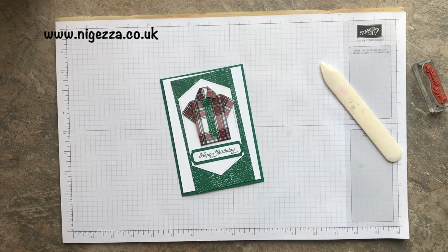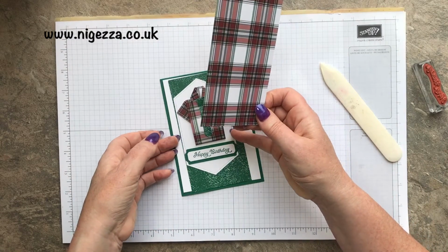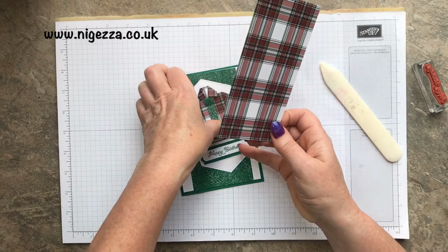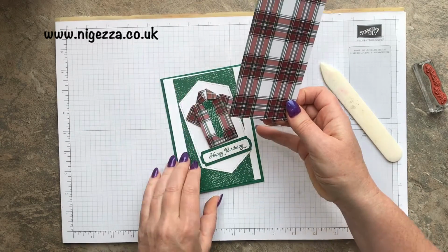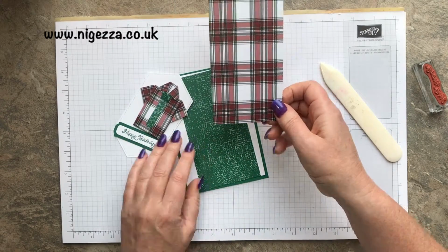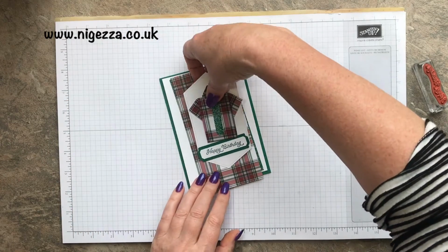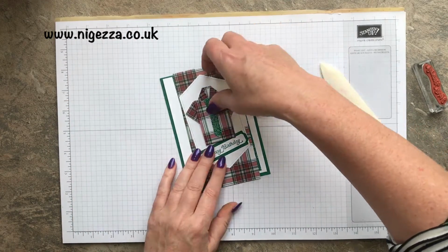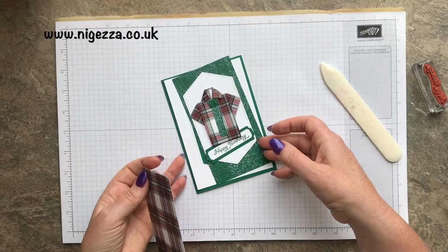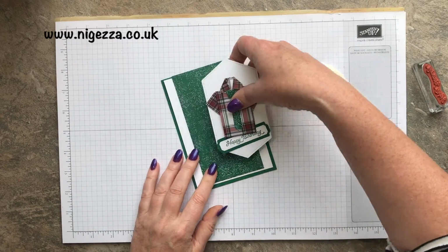So that one. Oh, jazz. Or that one. I think I do like the green. I think I like the green. Right, so I could